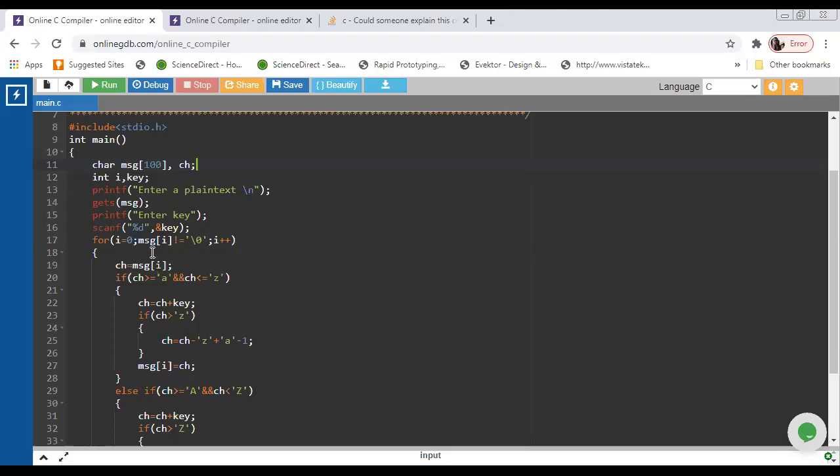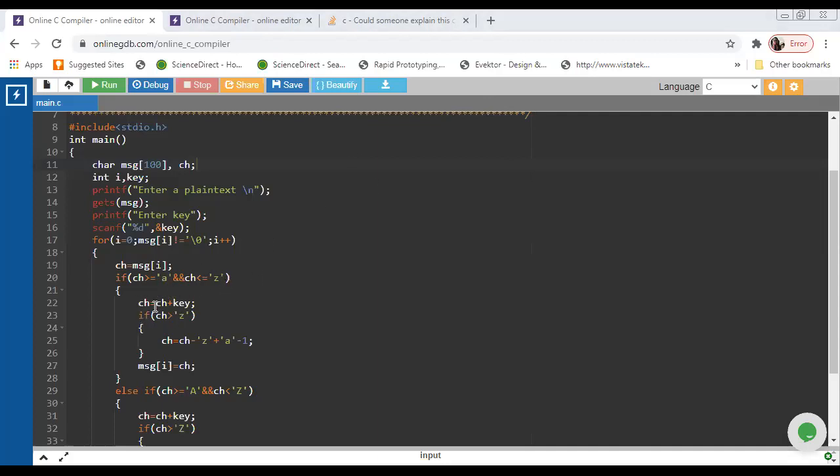For the message hello, h will be taken and stored in ch, and it will check in an if condition whether the value is between small a to z, converting into ASCII values, that is 97 onwards.